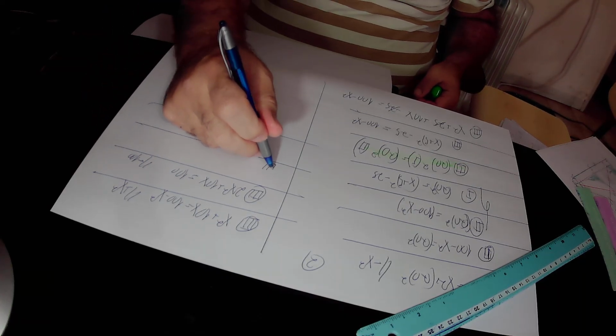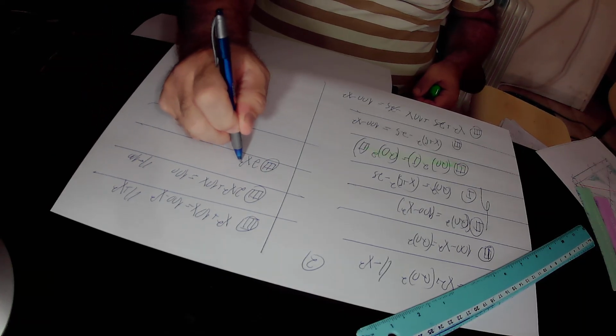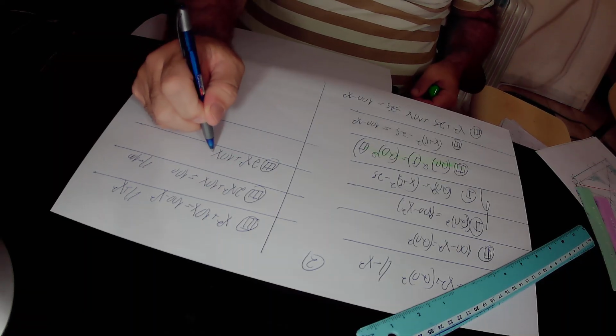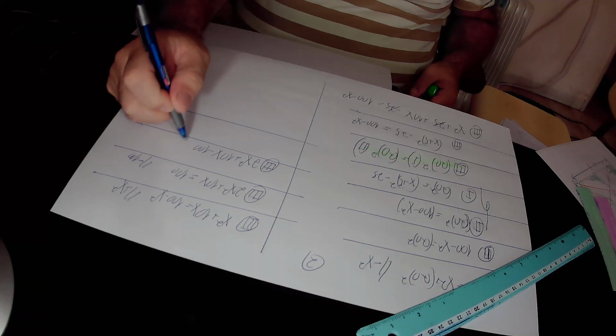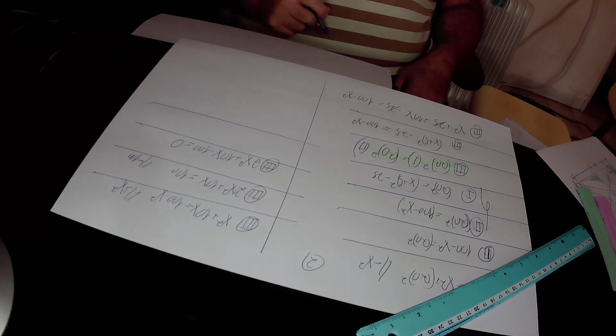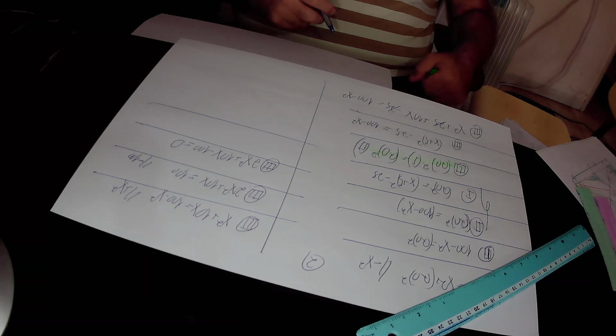Here we will subtract 100 from equation 3, and so we get that according to equation 3, 2x squared plus 10x minus 100 equals to 0. Here we will divide equation 3 by 2,